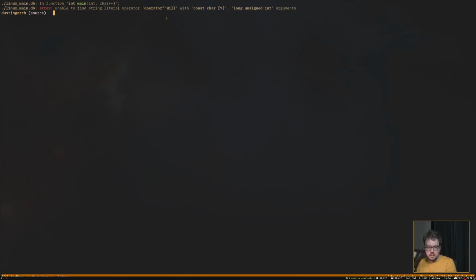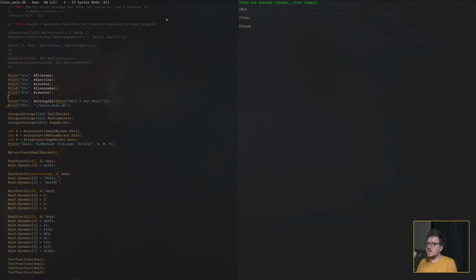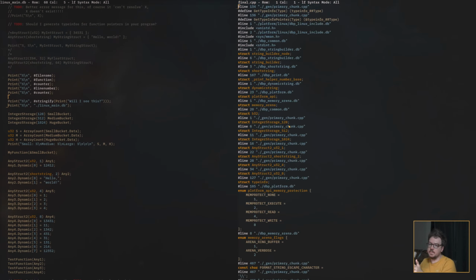What's with the line thing? Okay, so I can explain that. So the way this system works, even though this is technically like my own little language here for these .db files, ultimately I'm still piggybacking off of the C compiler to do the actual work. So the final code I spit out after doing all the metaprogramming, I'm spitting out the syntax tree to a C file. That's what this C file is.